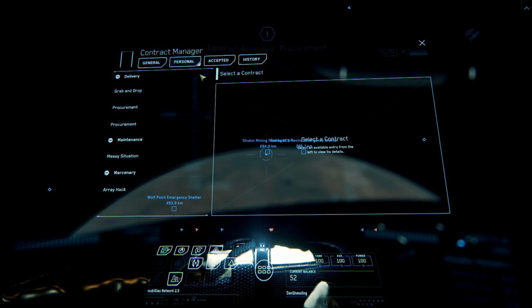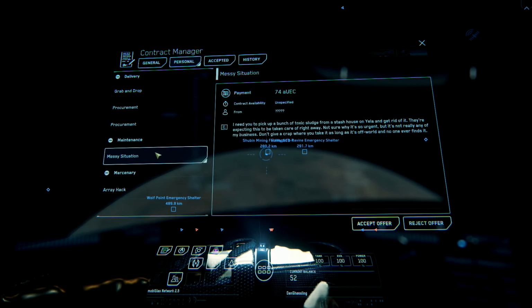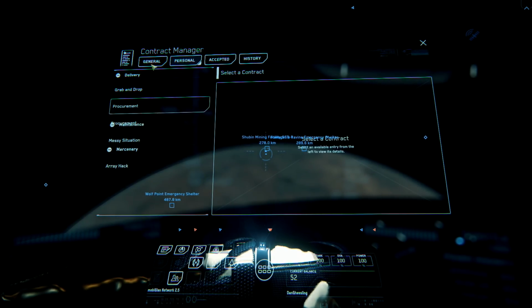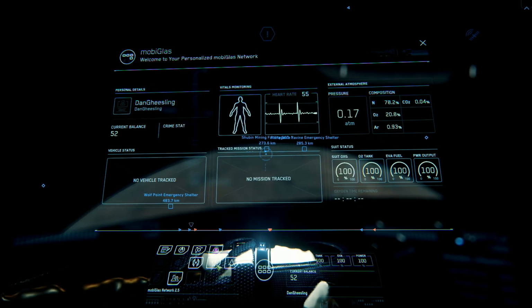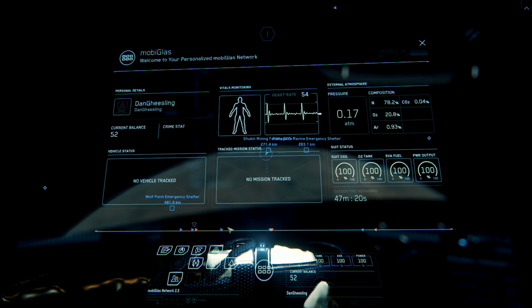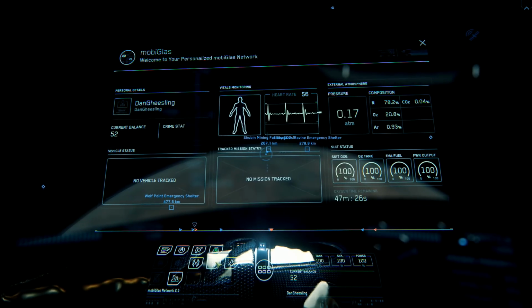Doesn't say where we pick it up, though. Maintenance, messy situation. We may end up going to Daymar and then Yellis. We'll take a look at those. Everything else looking good. Let's take a look at our person here because we got another 272 to go. This is probably a good time to do a little maintenance on said ship. But let's see what...